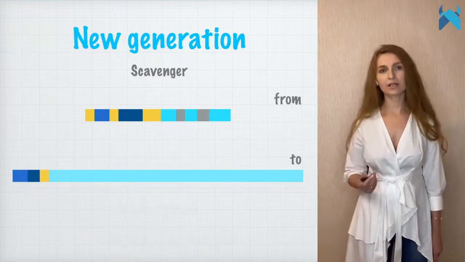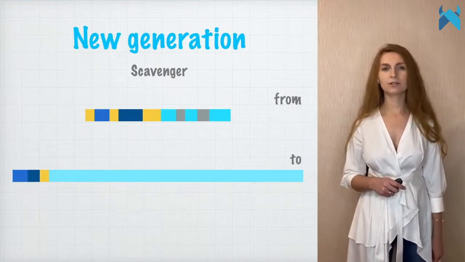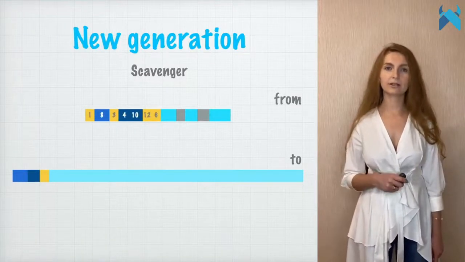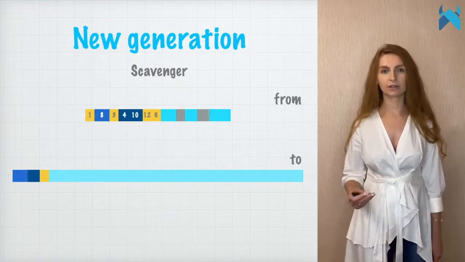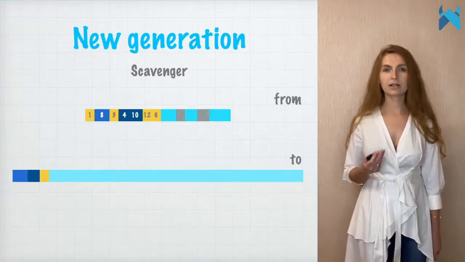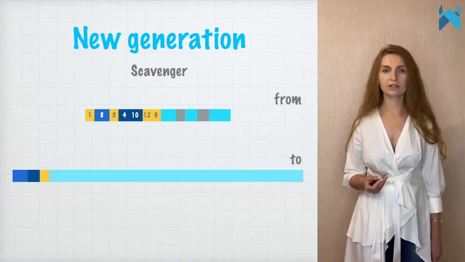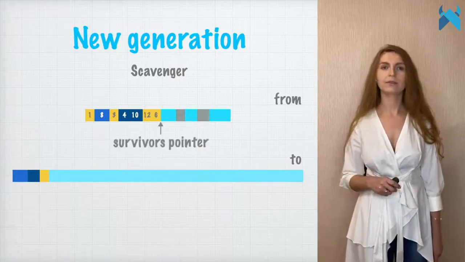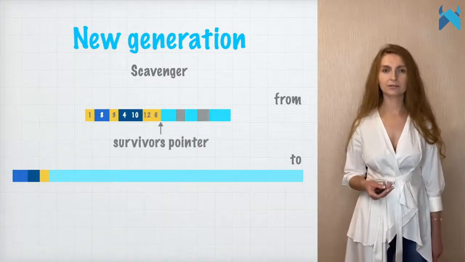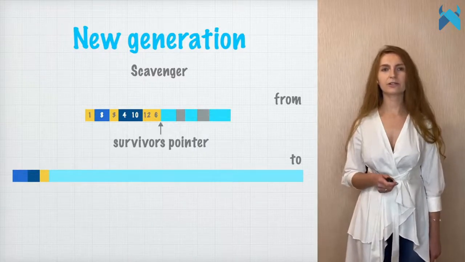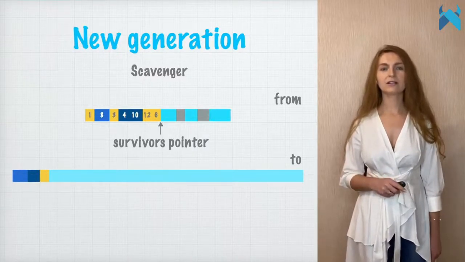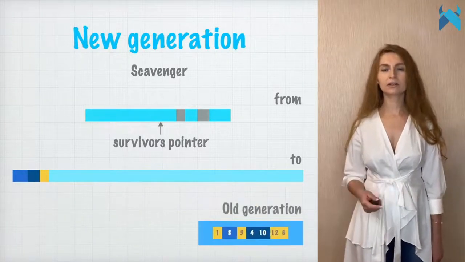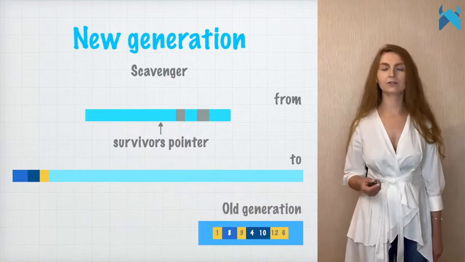We already know what happens with the new survivors that should be copied to the to semi-space. But objects which survived this and the previous collection should be copied into the old generation. A question is, how exactly will a garbage collector know how many collections an object has survived? Well, that's easy. After the previous collection has been completed, when the semi-space contained only the survived objects, it installed a special pointer at the end of this list. So, every object under this pointer is a survivor and should be promoted.